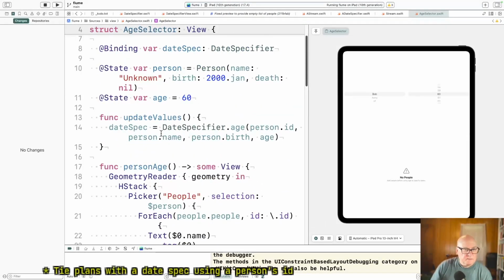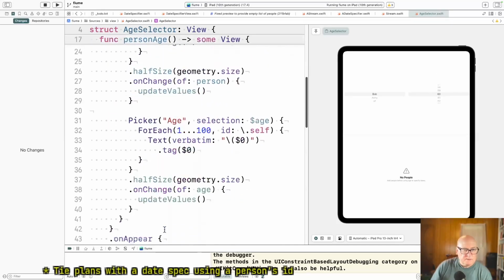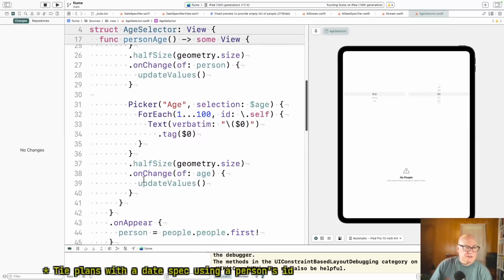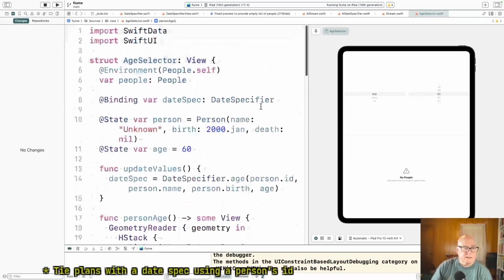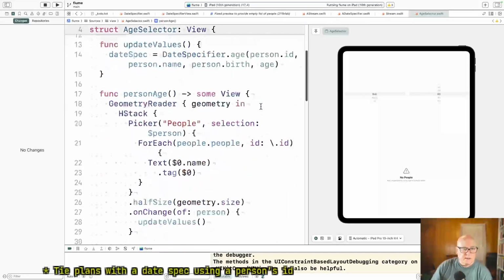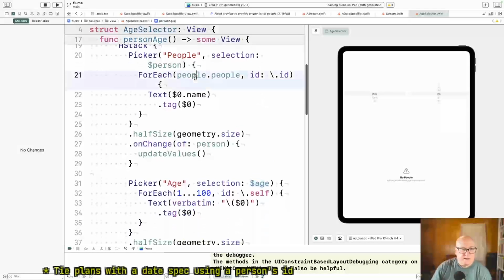Yeah, so I'm confused. And wait, on change of age, we update values. Okay. And age is selecting age. Okay, age is that. This is the one that counts people. There's the use of people. We use their IDs. We put the tags.